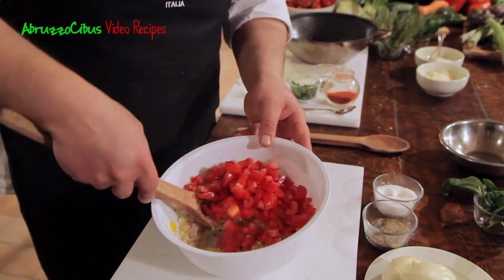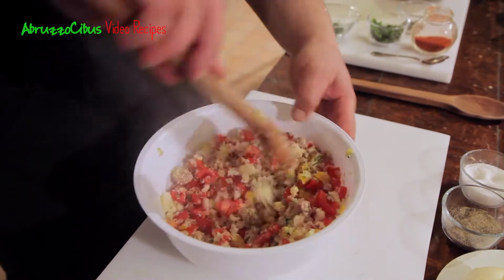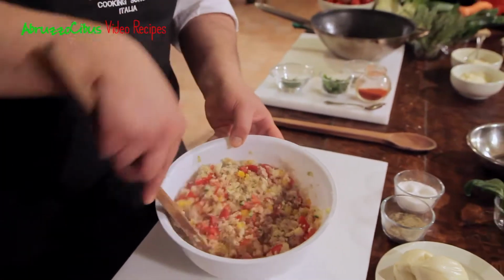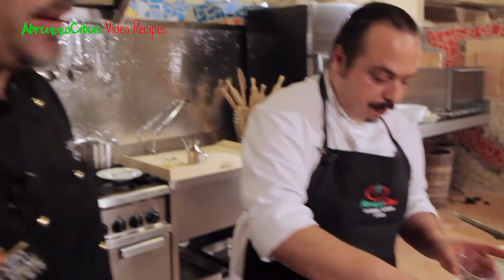All right, so we're gonna be adding the tomatoes, then we're gonna add a little bit of parmigiano, then grated pecorino, a little parsley, oregano, a little basil, and then just a little bit of pepe trito if you have it available. Salt, pepper, and then the final touch, we're gonna be cutting